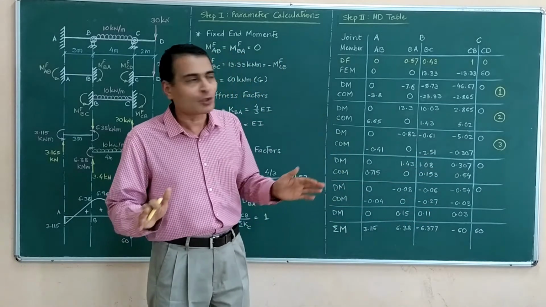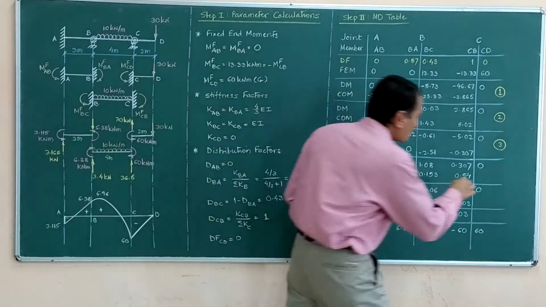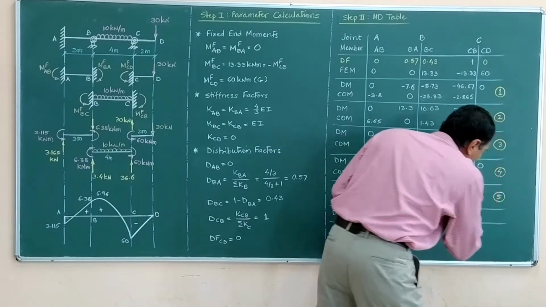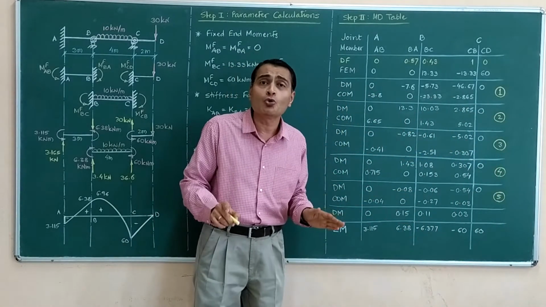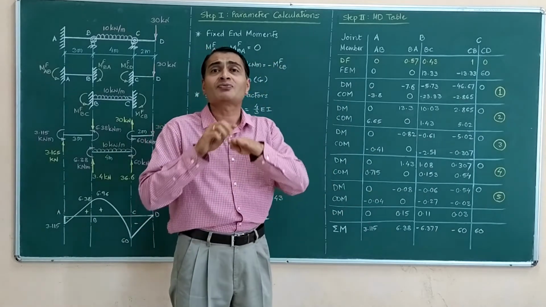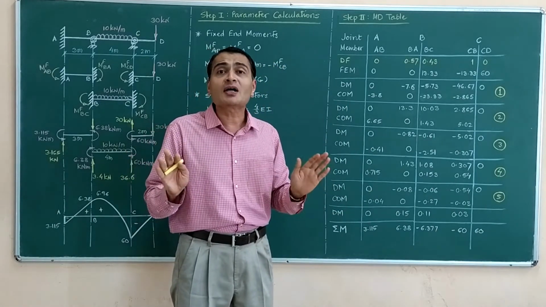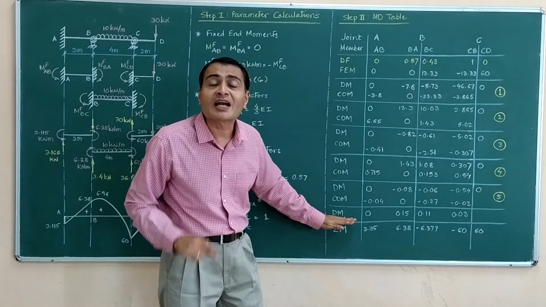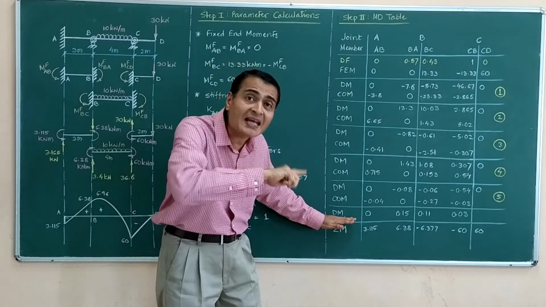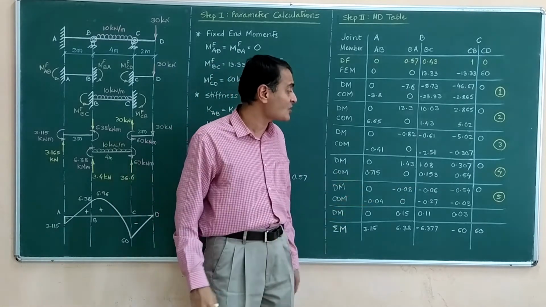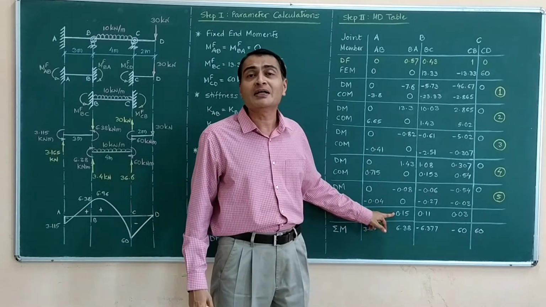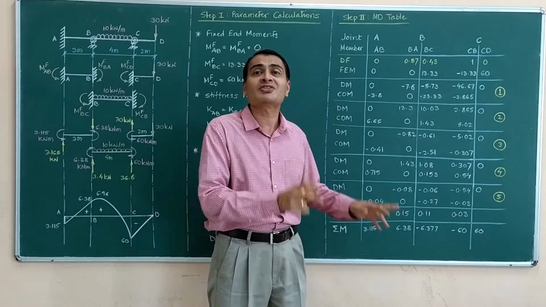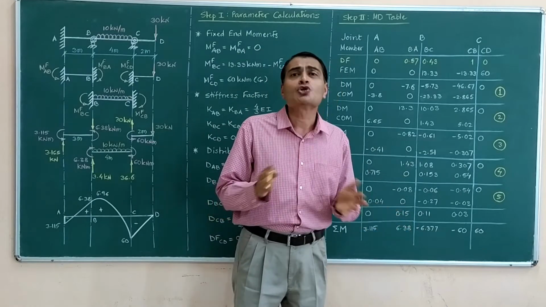Now you are aware, because I have discussed so many cycles, this is our 4th cycle completed, this is our 5th cycle completed, and after distributing these movements, mind you, you have to stop your analysis after distribution of movements, not after carrying over of the movements. I have distributed the movements here, and before carrying them forward, again I am taking the sum, and on my calculator I find that this is something like 6.38 and that is something like negative 6.377, almost 6.38, so I am stopping here.